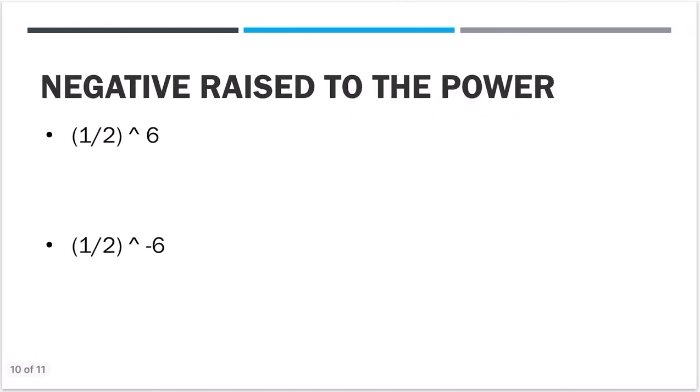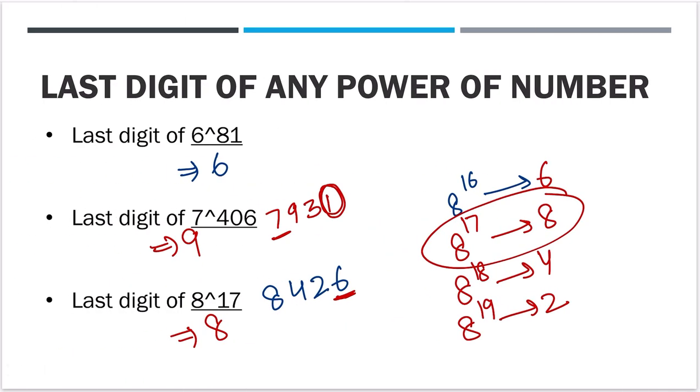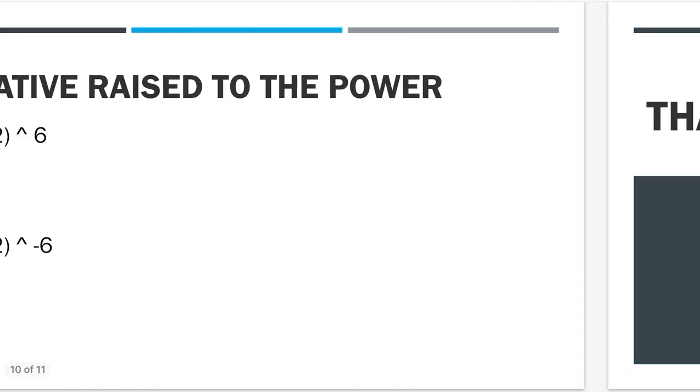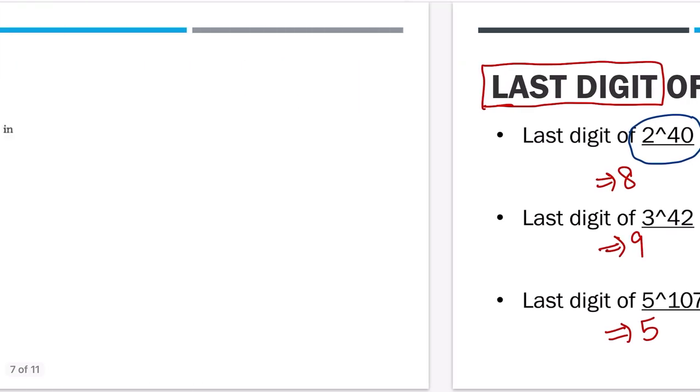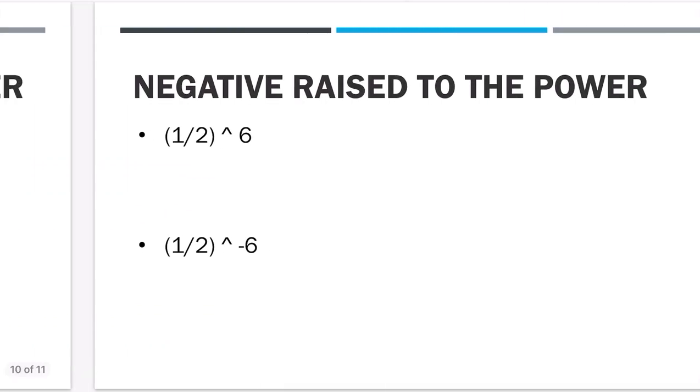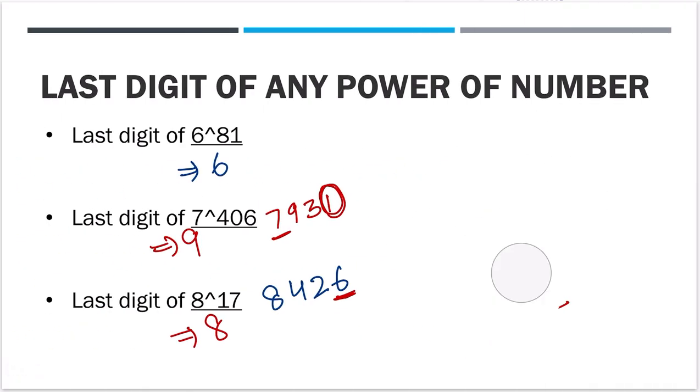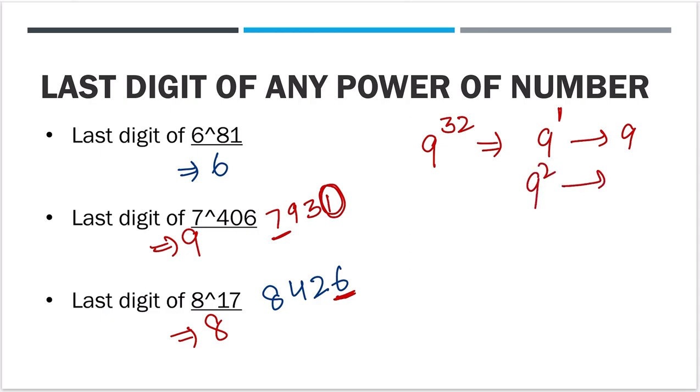Now this part is done. So moving on, let's do it for 9 as well. Let's check for 9 raised to power, say, 32, and we will also check for 10 after this. In the case of 9, 9 raised to power 1 is 9, 9 squared is 81, so the last digit is 1.